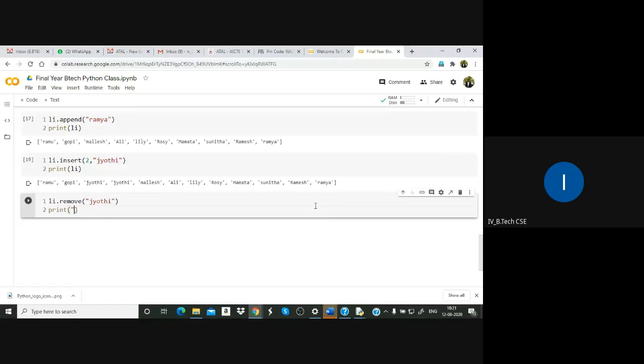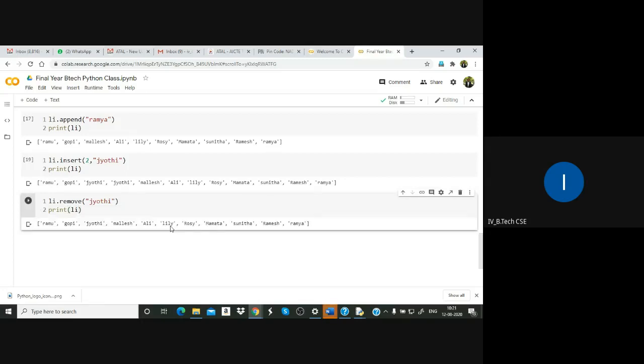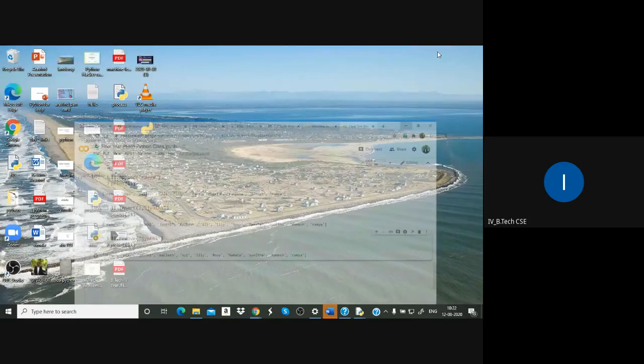So 2 Jyotis are there. One Jyoti will be removed, one will be there. You see, only one Jyoti is there. One Jyoti is removed. So the first occurrence of the particular element will be removed, not all. Only the first occurrence will be removed. The remaining will be there.